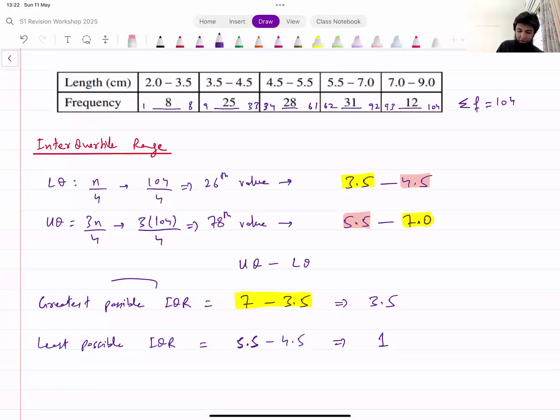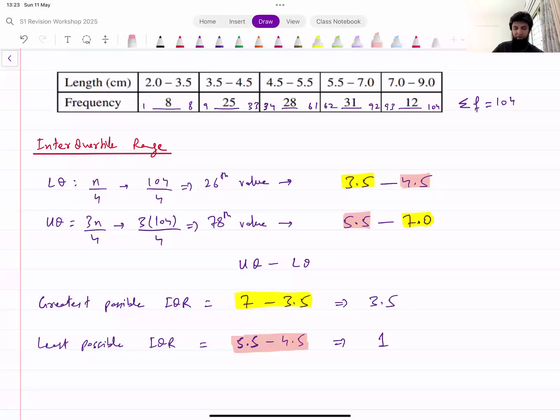For greatest possible interquartile range, we would want the upper quartile to be as big as possible, so that's 7. Lower quartile to be as small as possible, that's 3.5, and that will give us 3.5. For least possible interquartile range, we would want the upper quartile to be as small as possible and the lower quartile to be as big as possible. Then the difference will become minimized. So that's 5.5 minus 4.5, and that gives you the result that is 1,